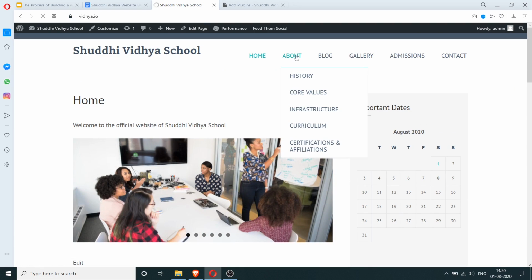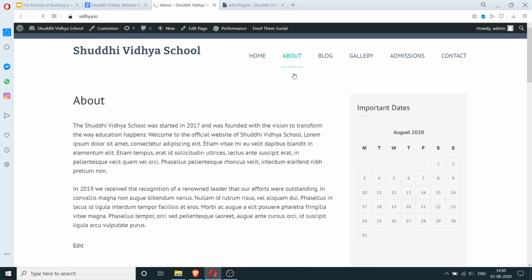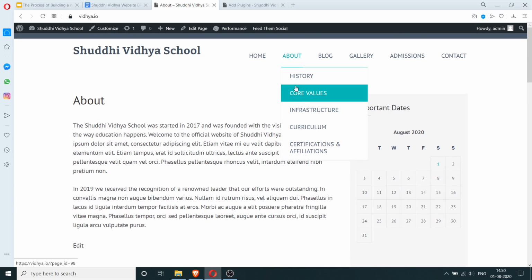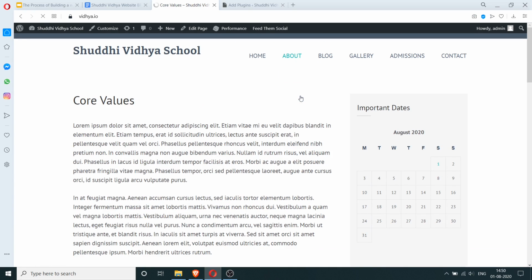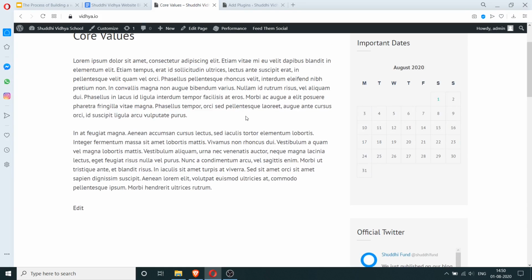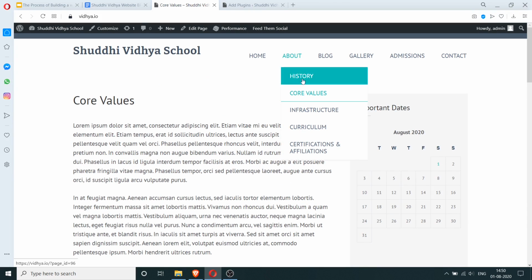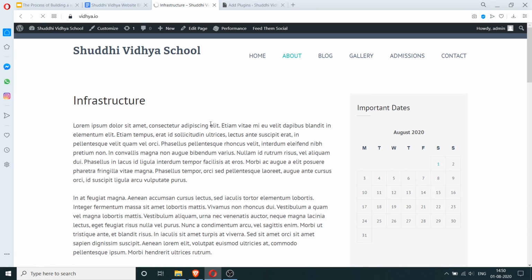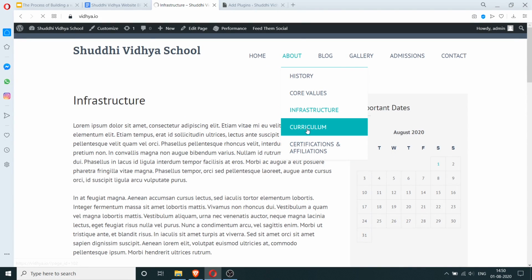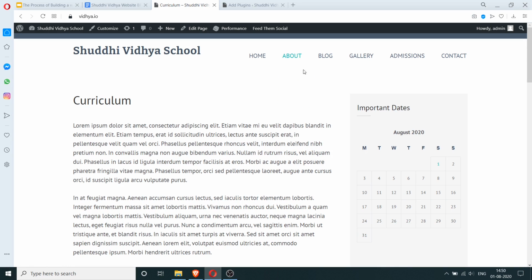And let's go to the about. I mean, this is all like content related. One thing we may need to do is add some relevant photos on some of these pages. So infrastructure is all about infrastructure, and so it should have some photos here. Yeah, so all of these, it's nice to have photos amongst the text instead of having just text. So that's one thing.